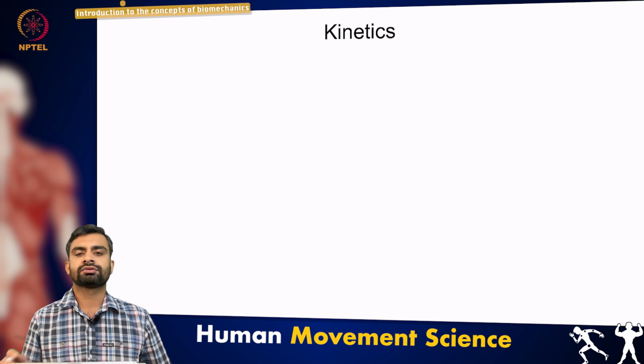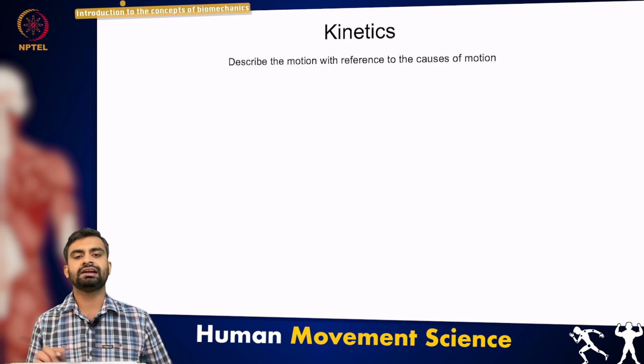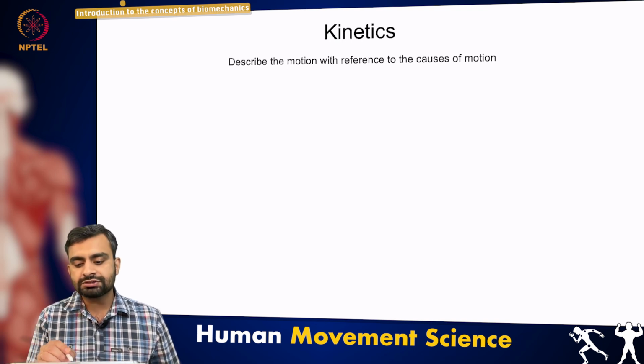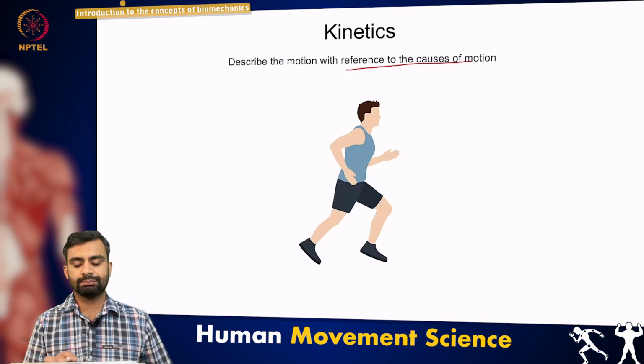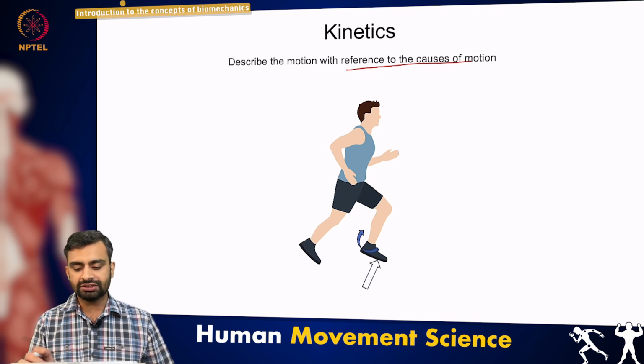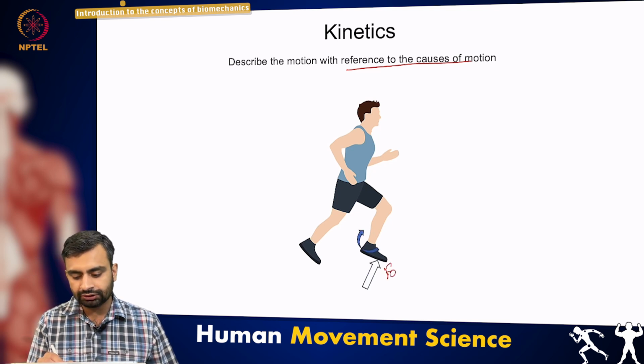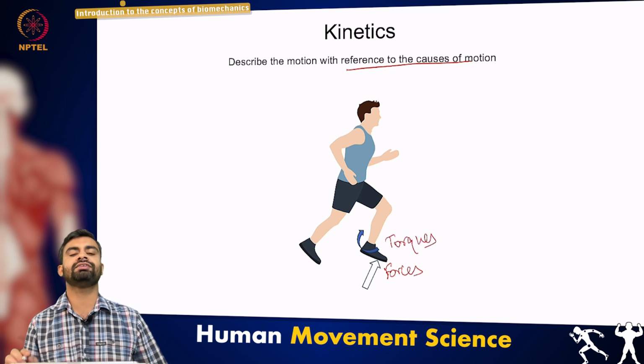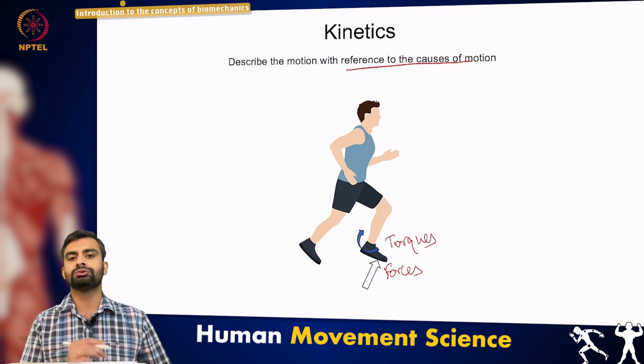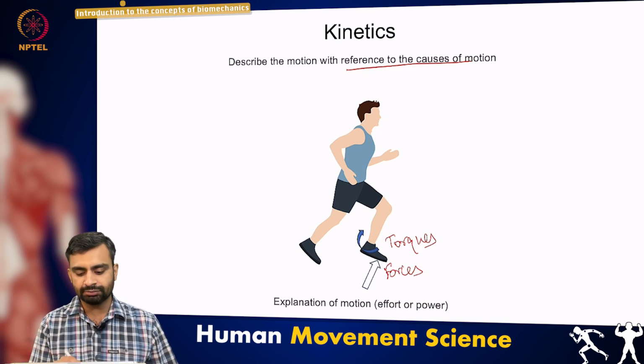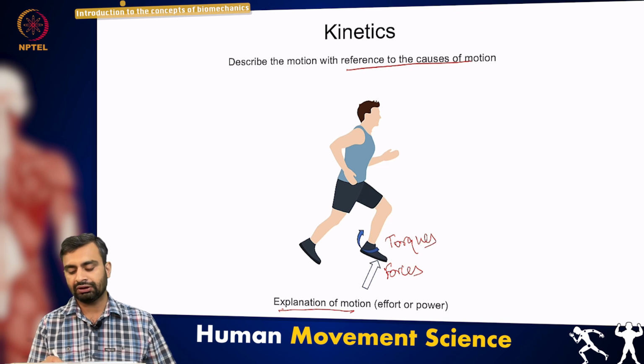The next type of analysis which we do in sports biomechanics is known as kinetics. In kinetics, we also reference the causes of motion. For example, during the same activity, how much force or torques are being generated at various joints, which will help the different segments to move in a particular pattern or fashion. So it is nothing but the explanation of motion, or generally we can call it the effort or power required